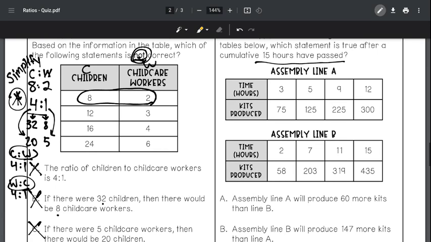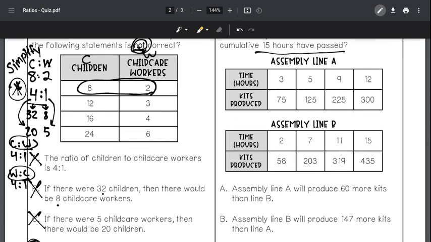So, that's saying Company A has to work for 15 hours, which means we have to continue the pattern and figure out how many medical supply kits they can make. Company B is already there. We have 15 hours for them and how many medical supply kits they made. So, first of all, we don't even know, based on this table, how many kits Company A can make in 1 hour. So, I saw this and thought, if there are 3 hours and I can make 75 kits, that